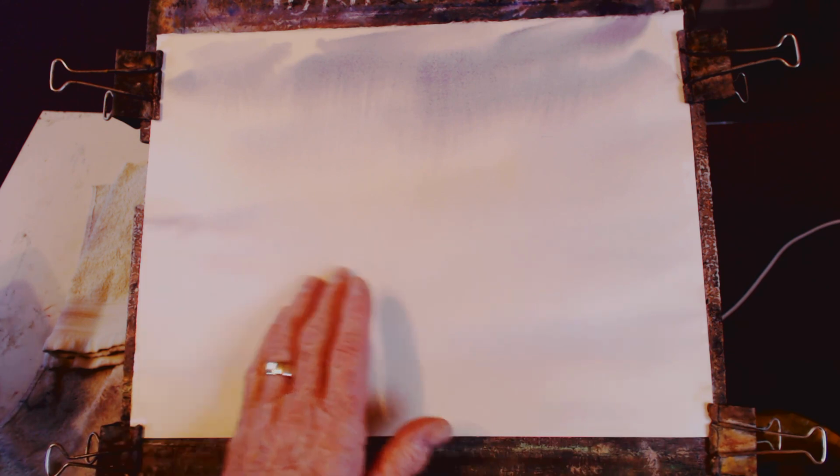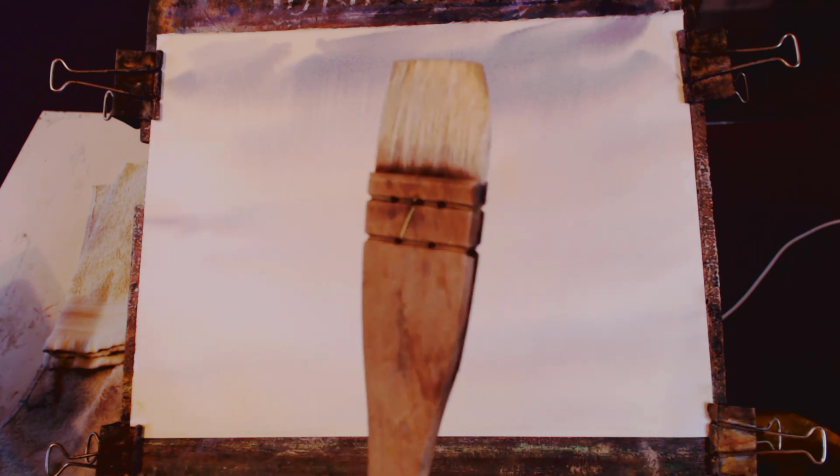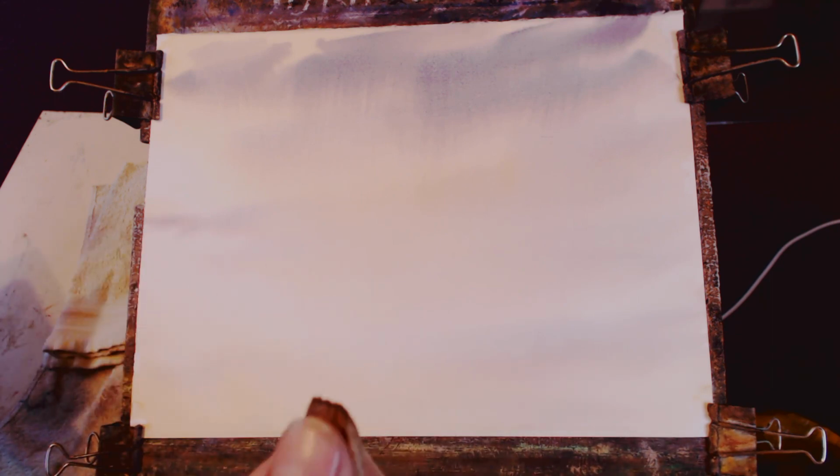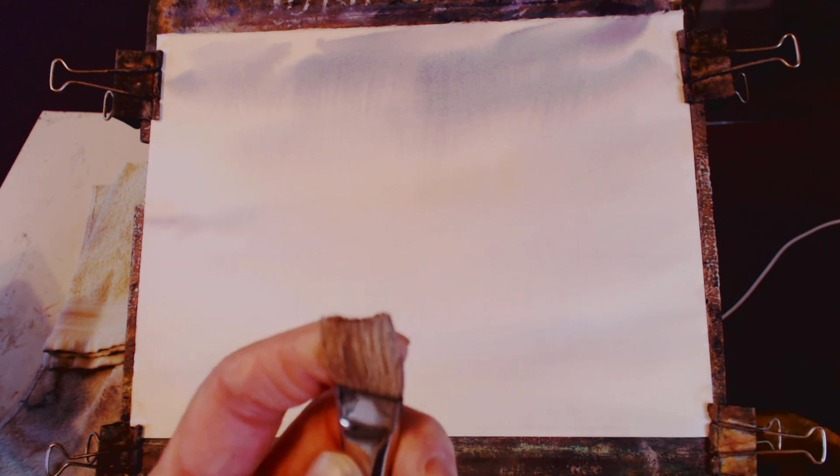Now that's not quite dry. As I say, this paper is very porous, but very, very lovely. Now I'm going to use, what am I going to use? I've got a number of hakes here. I've got four. I've got the Ron Ranson medium hake. Love that. I've got a couple of Frank Clark's hakes. I've got the large one, which I do like. I must say, I do like that one. And the Frank Clark's medium hake. I could use both of those, but